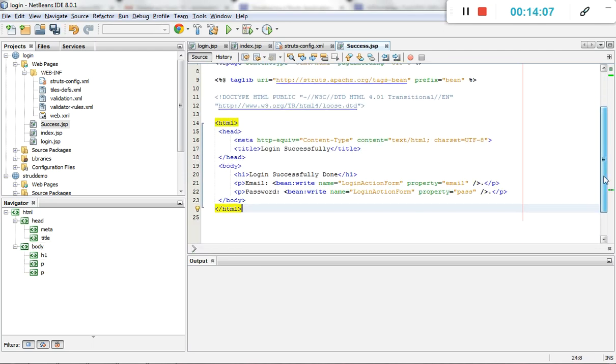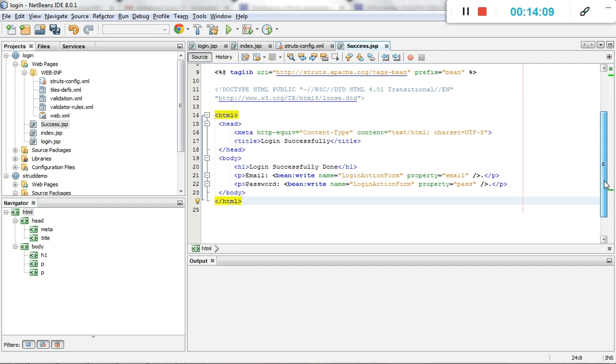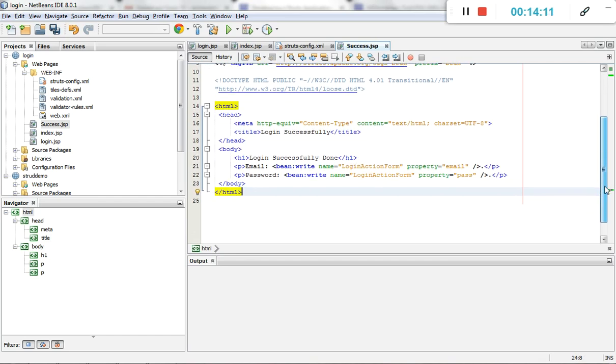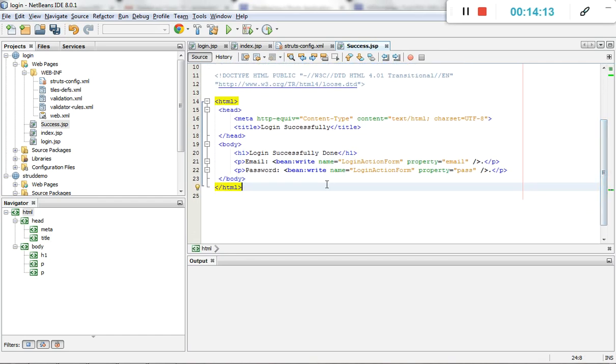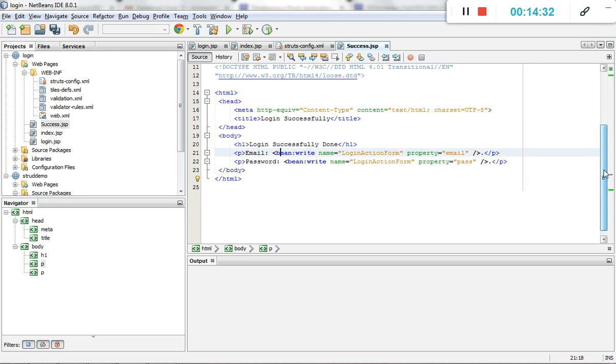That one is simply the HTML code with the title "login successfully", and then we add a paragraph as an email, and we call the bean here with the help of some login action form, which is called with the help of the struts. Okay, it automatically runs with the struts methods or struts functions with the properties. We will understand that code